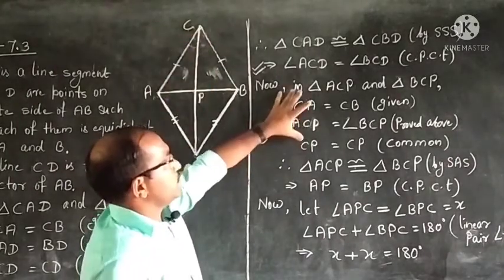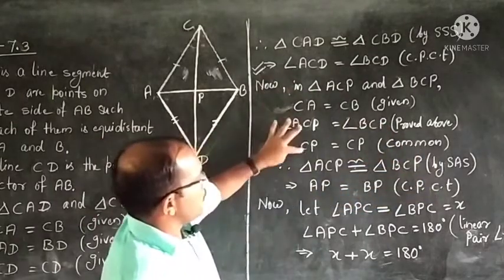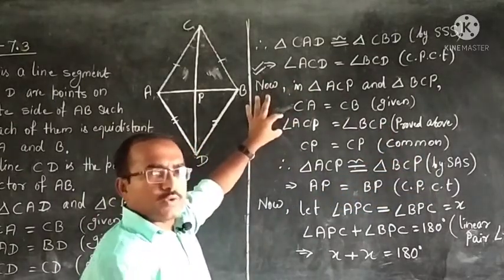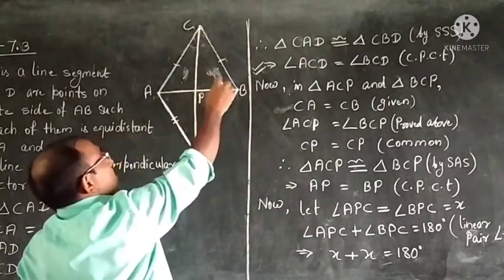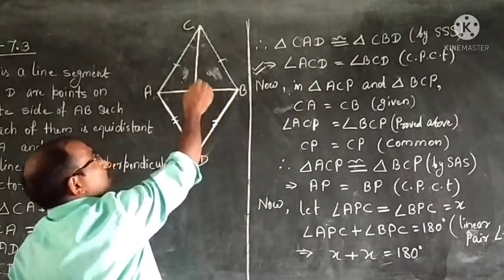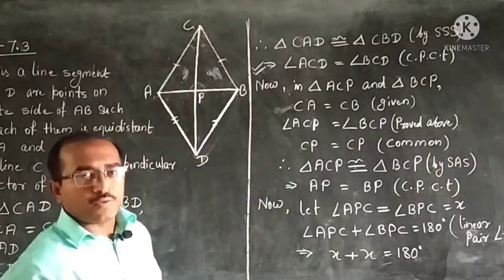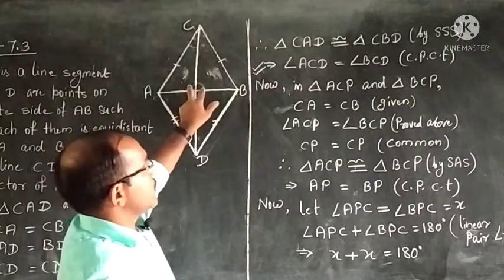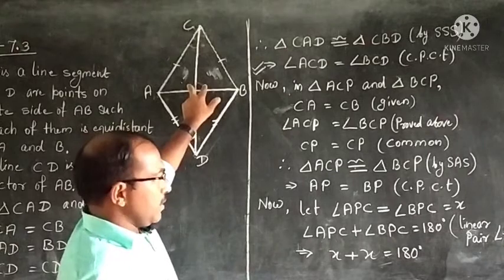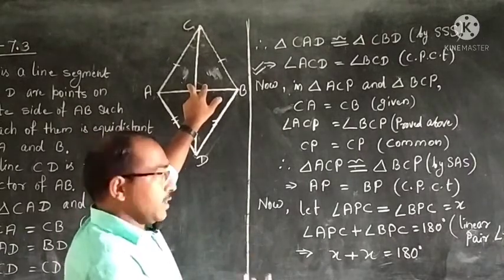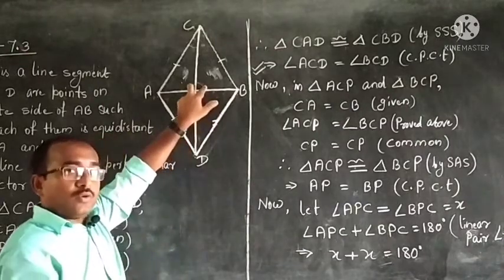So, these two triangles are also congruent by the SAS congruence condition, two corresponding sides and the included angle are equal. So, these two triangles are congruent, that means this angle and this angle also will be equal. Corresponding parts of congruent triangles are equal. So, AP will be equal to PB and these two angles also will be equal. What will be the measurement? We do not know, but we come to know these two are equal.